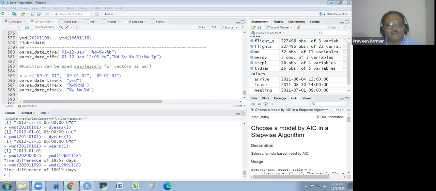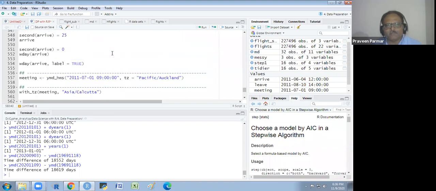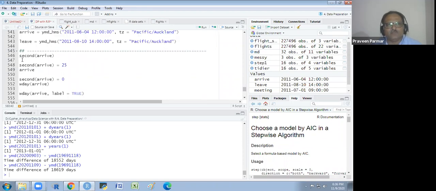And here there are some more things. You do the practice of this. Okay. And the main thing is that whenever you get a date time, you run the Lubridate library. Suppose you have a column of dates like this.